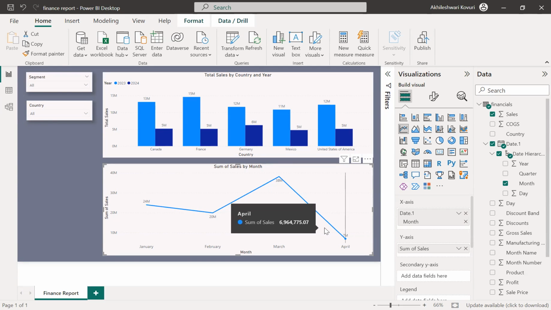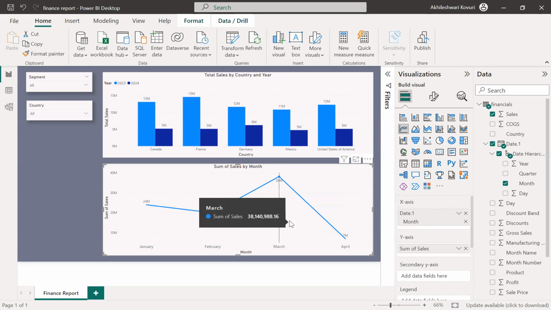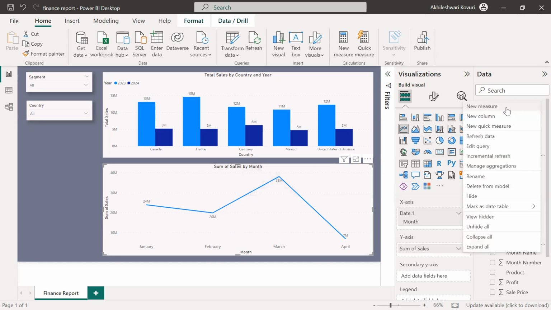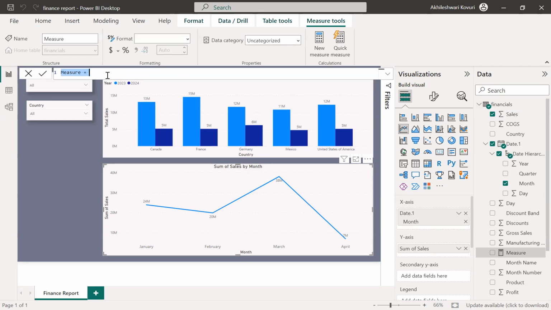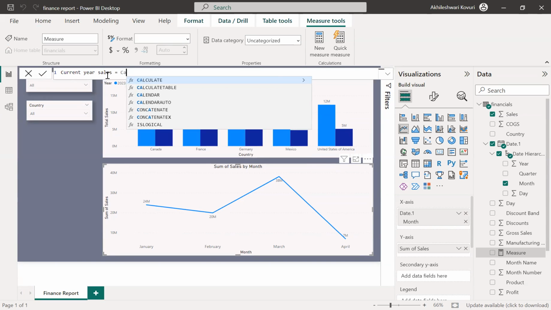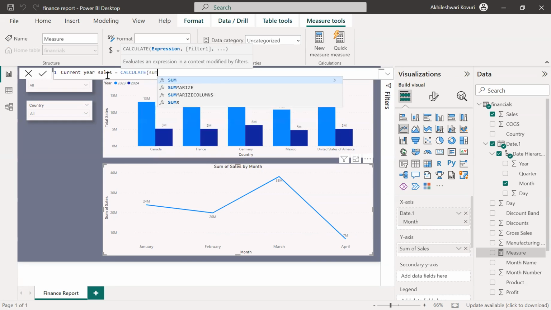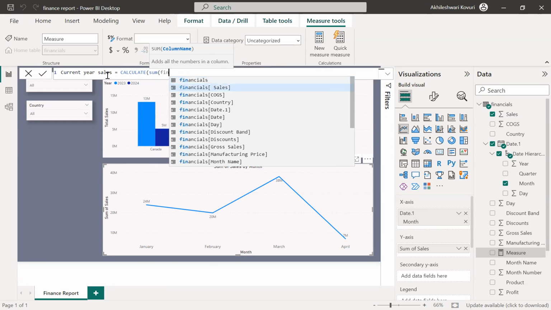Okay, so now how do I compare with two lines in the same graph? Because total sales is in the same column and the date of the sale with year and month details is in the same column. So how can I make it into two different lines in this visual? I need to come up with a measure for the current year sales, one measure, and the previous year sales as one measure. Current year sales is equals to, I'm calling the calculate function and summing up the financials column